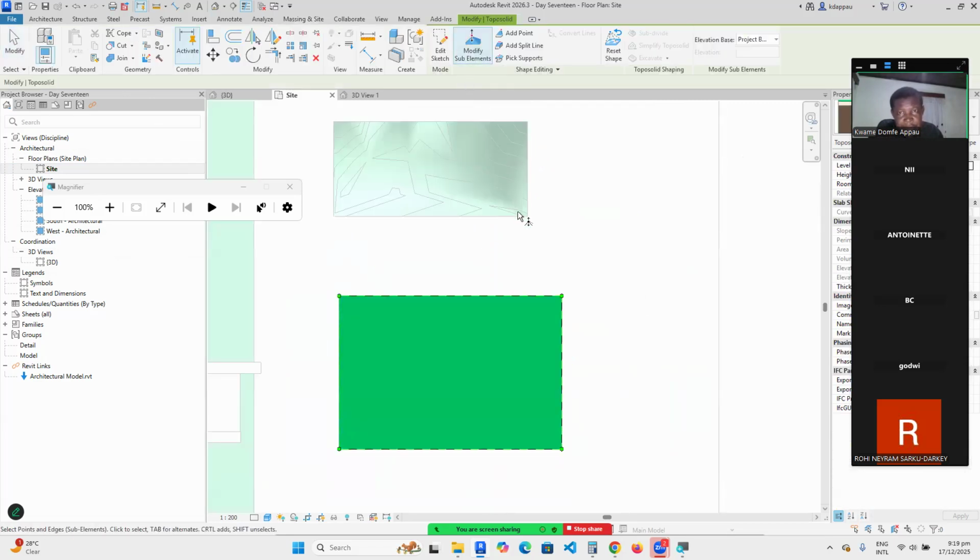modify sub-elements, add point. Now add point, I'll leave it at elevation 0. So 0, 1, 2, 3, up to 16. I'll take this one, move it here a bit. Okay. So all these ones are at elevation 0. Now, as soon as I'm done, I'll change the elevation,